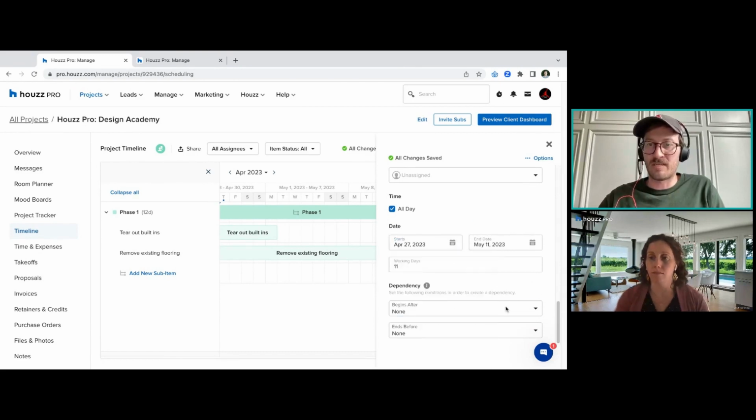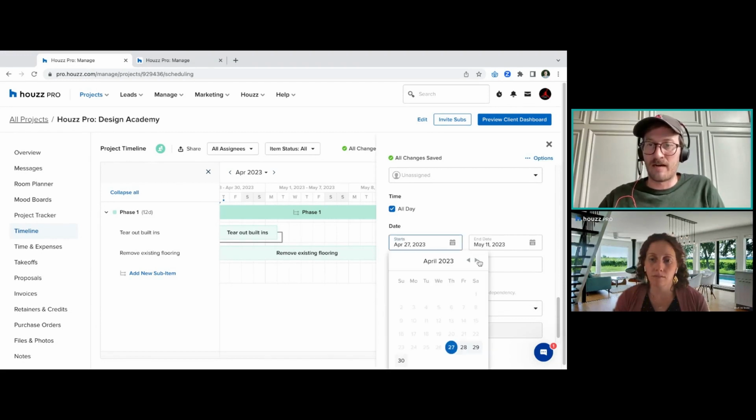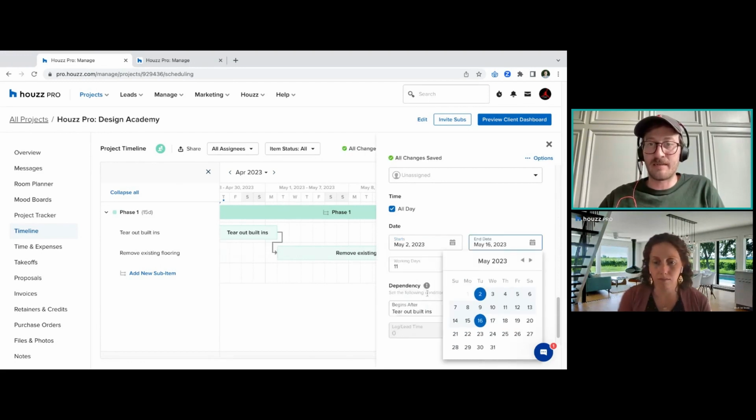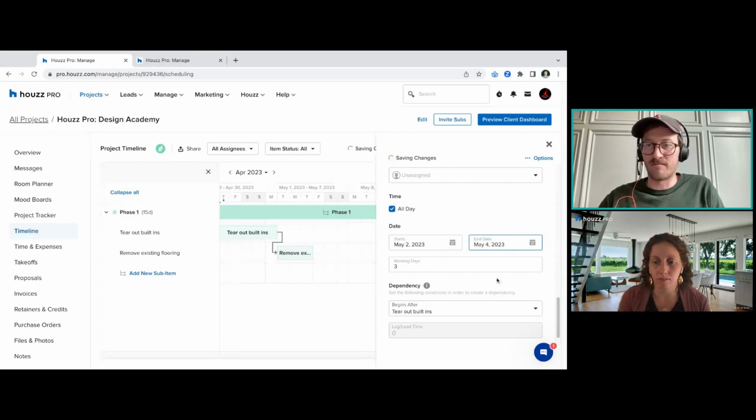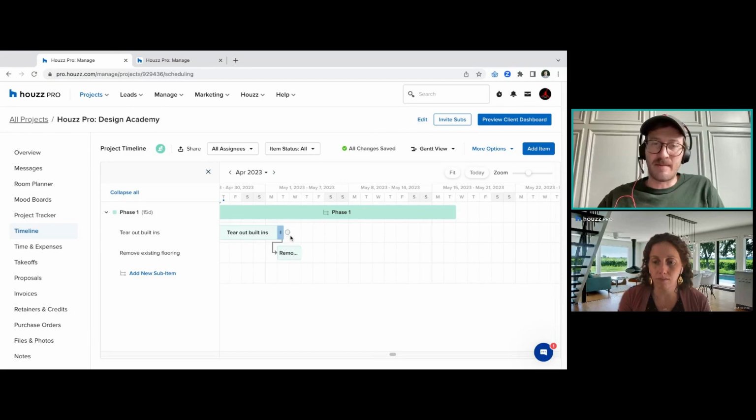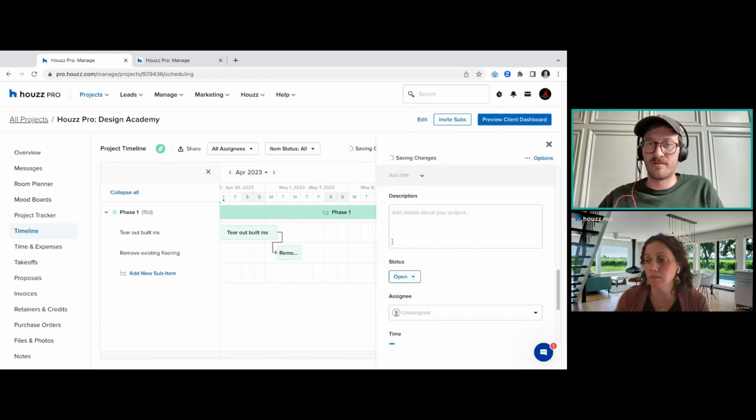So if I wanted to say, hey, this is going to begin after the built-ins, then at that point I can say, hey, this starts after there. In this case, I would want to adjust it so that it really does begin on, like, say, the second. And then maybe this is only going to take about a couple days. And what you're going to see is by making that dependency, that's why we now have this little connection point there. And as you expand on these and add in other sub items,